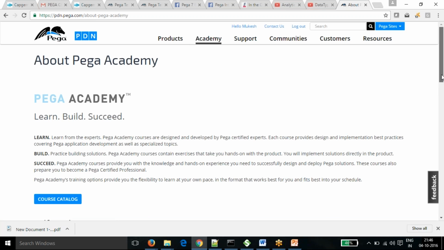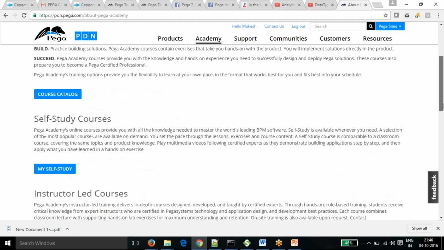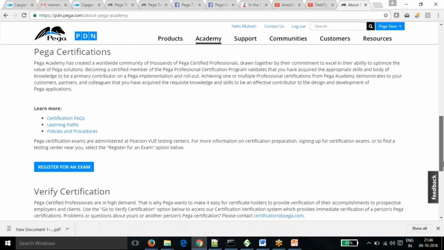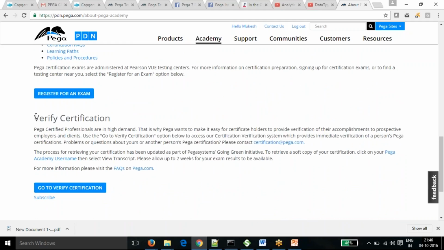If you go into that, below you can see the validation. Here you can see Verify Certification. If you go to Verify Certification,